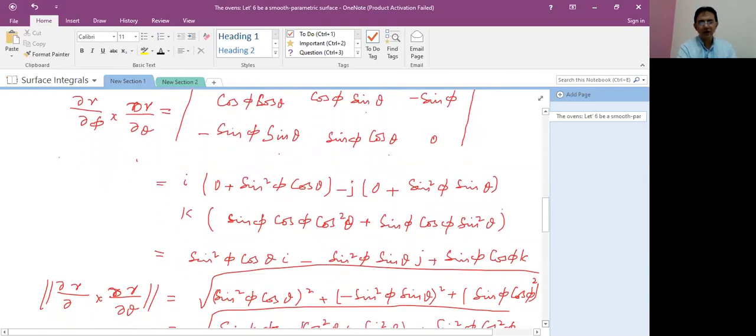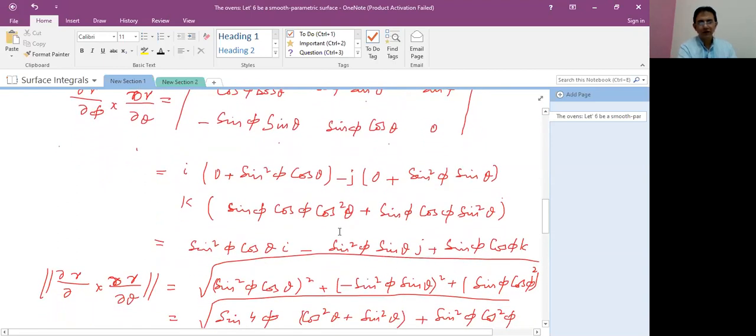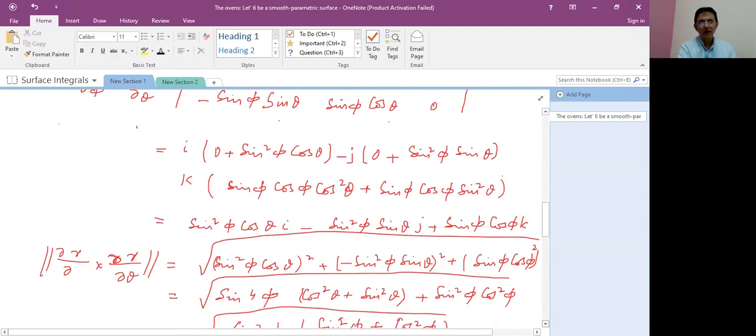After simplifying, students, if we take something in common, we will write only in this step the first term as it is, the second term as it is with j, and for the third term, when we consider sine phi cos phi in common, sine square theta plus cos square theta is equal to 1, so we will not write it here. The value is sine phi cos phi of k. After expanding the determinant and simplifying the value, we will find the magnitude of